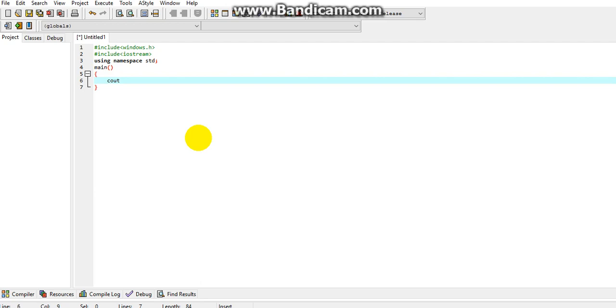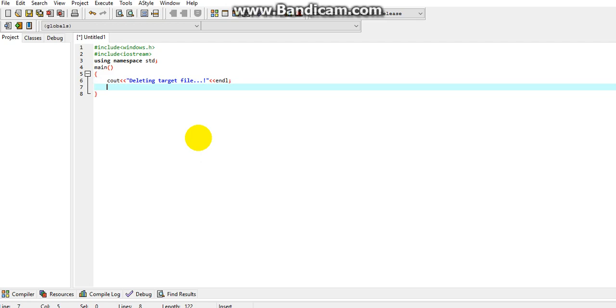Let's get into our program. cout, deleting target file, and then we say endl.